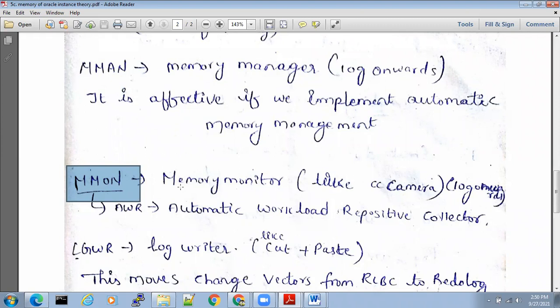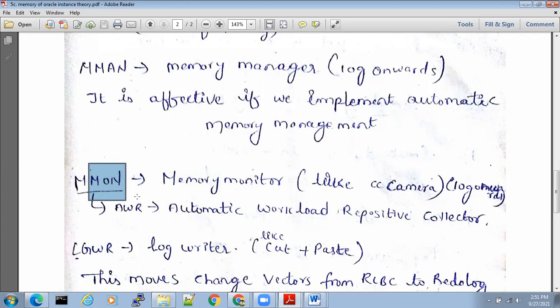Now what the DBA will do: this memory monitor is there. Every 1 hour it has taken one snapshot, right? So with the help of those snapshots, we can generate a report to see what happened yesterday night 10 o'clock till morning 6 o'clock. Yesterday night 10 o'clock there will be one snapshot taken by MMON. 11 o'clock it will take a snapshot, 12, 1, 2, 3, 4, 5, 6.